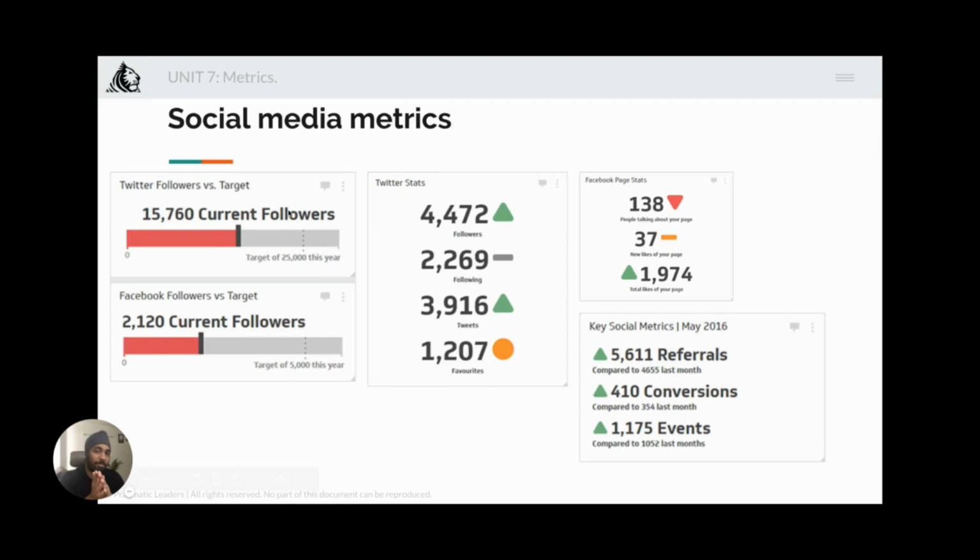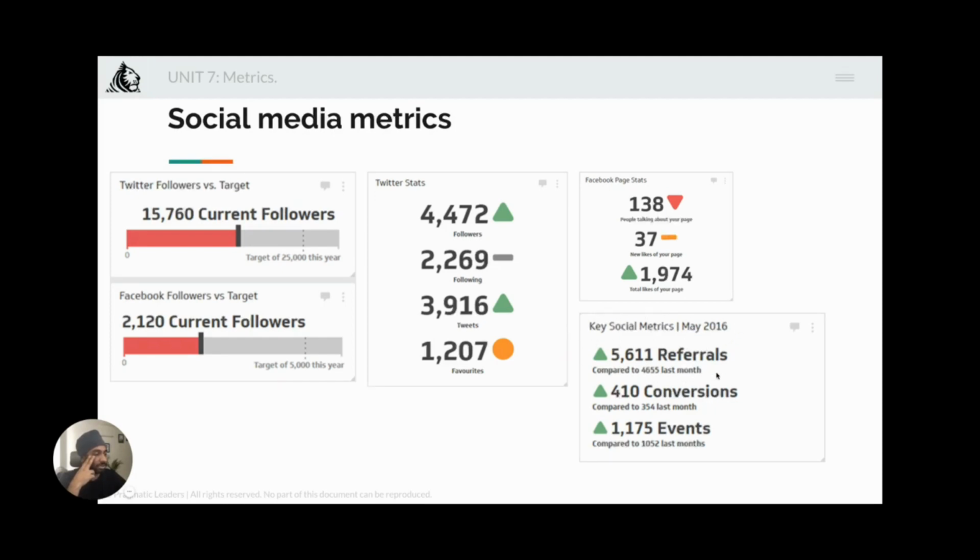Bringing in website visits and eventually converting website users into leads. Since marketing teams often use multiple social media platforms to increase impressions, it can be difficult to monitor performance on all of them. So these social media metrics combine the most important data and allow your team to track their progress. So, for instance, just look at this number: key social metrics, May 2016.